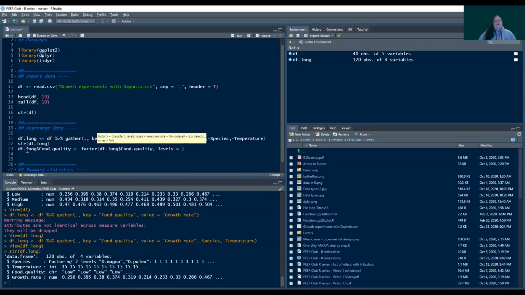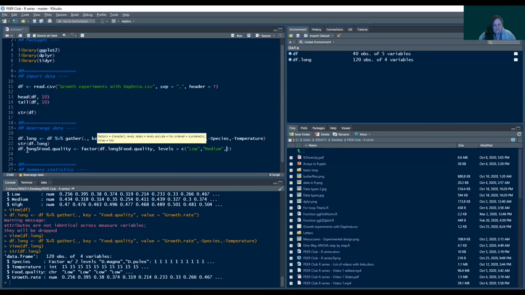As you probably can remember from before, the order of the levels is usually an alphabetical one. However, what I want to have here is low, medium, and high. So I have to tell R that I want this specific order of my levels. And how I do that is I just say levels equals, and then I use c for a vector, and then the parenthesis. And then I just add the names of these levels, which we know are low,